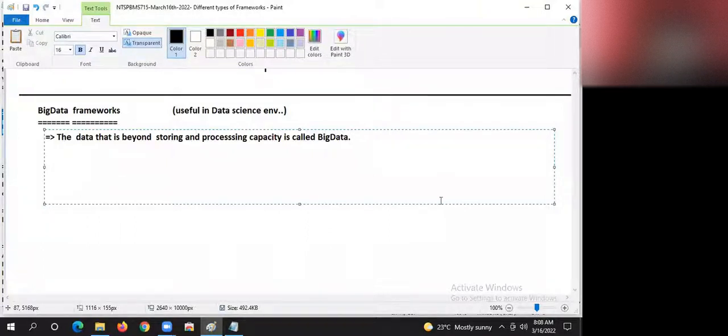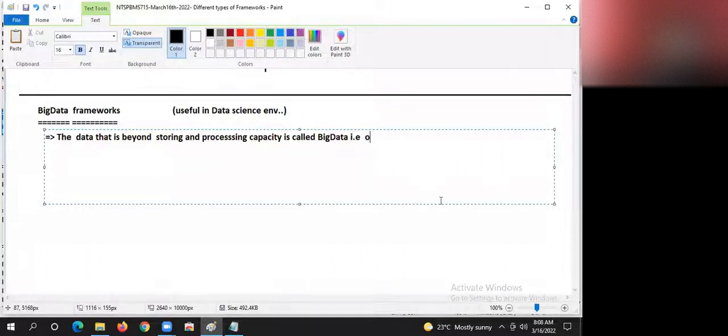Are you understanding my statement, guys? We cannot think about storing or processing it in a regular computer.